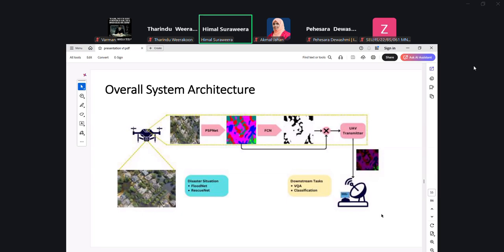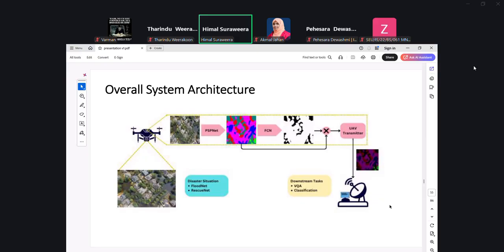So we considered several downstream tasks, that means what the server has to execute. For example, classification. When the server sees a particular image, it needs to understand how many buildings have collapsed, whether people are trapped, and what the critical areas of this image are where rescuers should be sent.